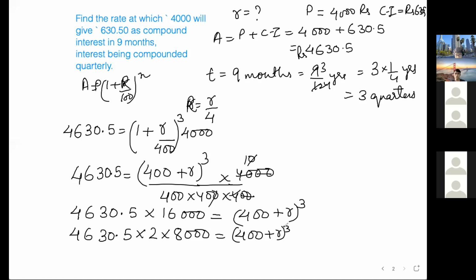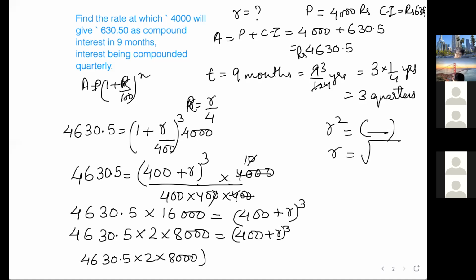This whole part का cube root is this thing, cube है ना, तो I need to find out r की value. You remember r square is equal to something है, तो r is equal to square root of this. So यहाँ पे cube है, तो I need to find out cube root. Okay, so 4630.5 into 2 into 8,000. I just broke 16,000 into 8,000 because 8 is cube root of 2 and 1000 is cube root of 10. So 1 by 3 is equal to 400 plus r. Now next step, यहाँ पे कर रही हूँ. Now cube root, just see 8,000, पहले ही 8,000 का cube root है how much?